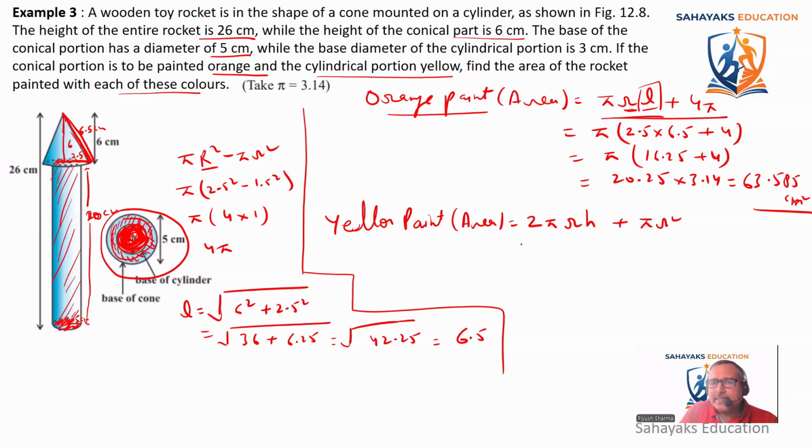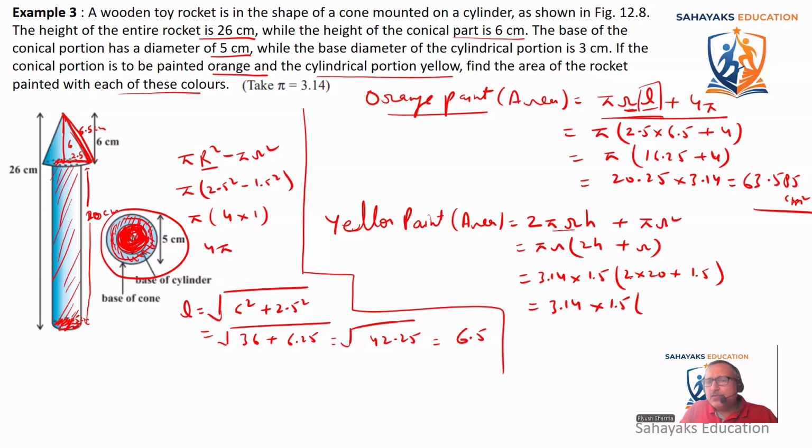So what is common in this? I can say pi r is common. What is left? So 2h plus r. So I'll just write it as 3.14 into the radius 1.5, and it is 2 times 20 plus r. R is 1.5. So it comes as 3.14 into 1.5. It is 20 into 2, 40. 40 plus 1.5 is 41.5. And if we compute it, it comes out to be,